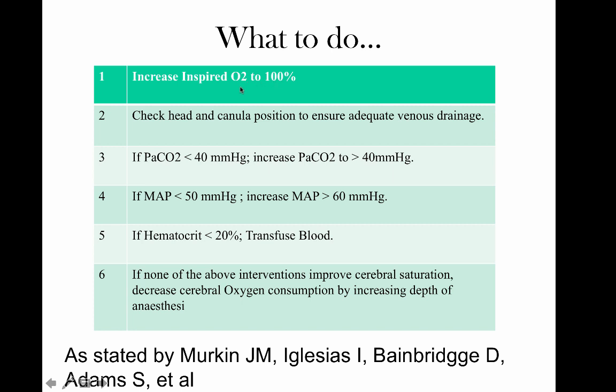We can increase the FiO2 on the blender to 100%. We can make sure the cannula is positioned correctly to ensure adequate cerebral venous drainage. Check the head, the venous cannula. If the PaCO2 is less than 40, increase the PaCO2 to greater than 40. CO2 is a potent cerebral vasodilator, which will allow more blood flow into the cerebral region. If the mean arterial pressure is less than 50, increase the mean arterial pressure to greater than 60. If the crit is low, transfuse blood. So these are some of the things that you can do to treat a